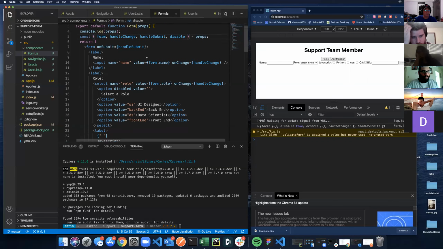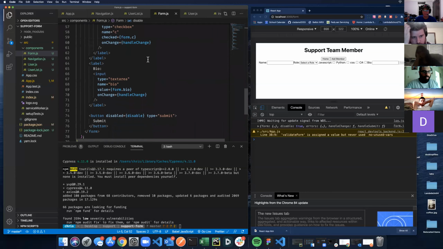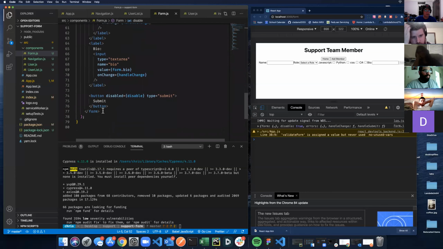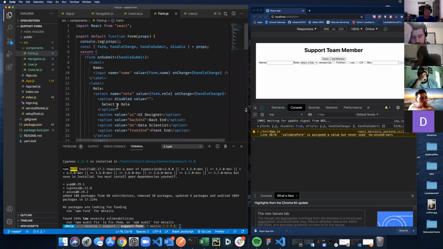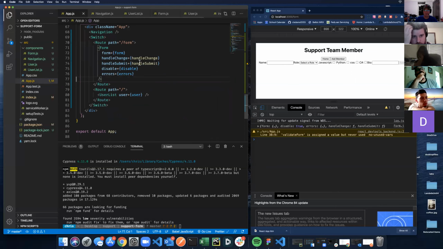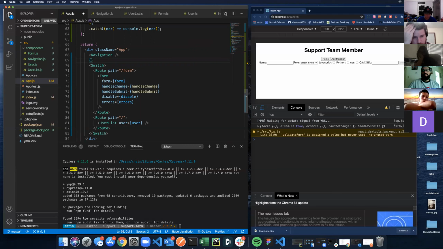All right, let's go into our form. We're going to create it at the bottom of the form. We'll put it right down here. Should I do it inside the form? Actually, I could do it at the top right between it. That'd probably be better. Yeah, let's do that. We're just going to put it right here. We're going to have a div, or we're going to have JSX. And we're going to say